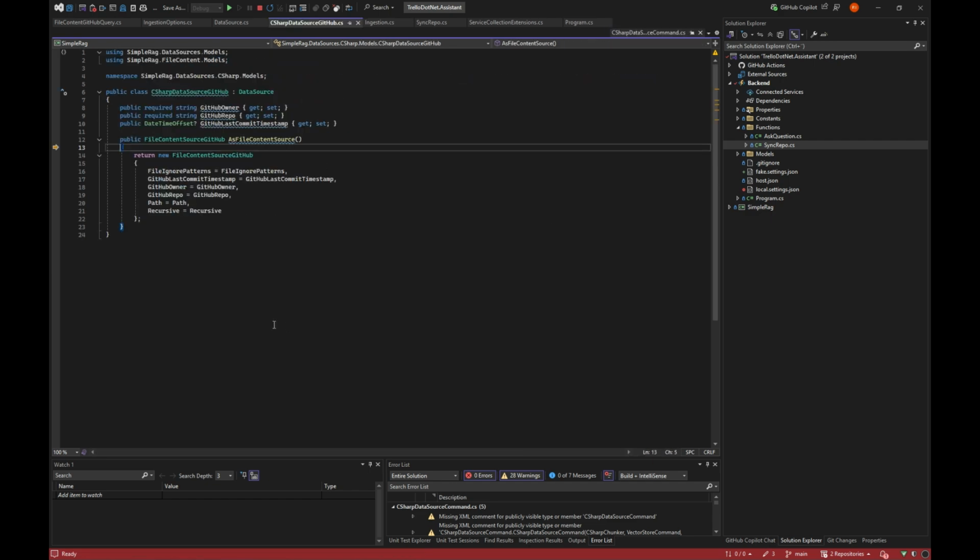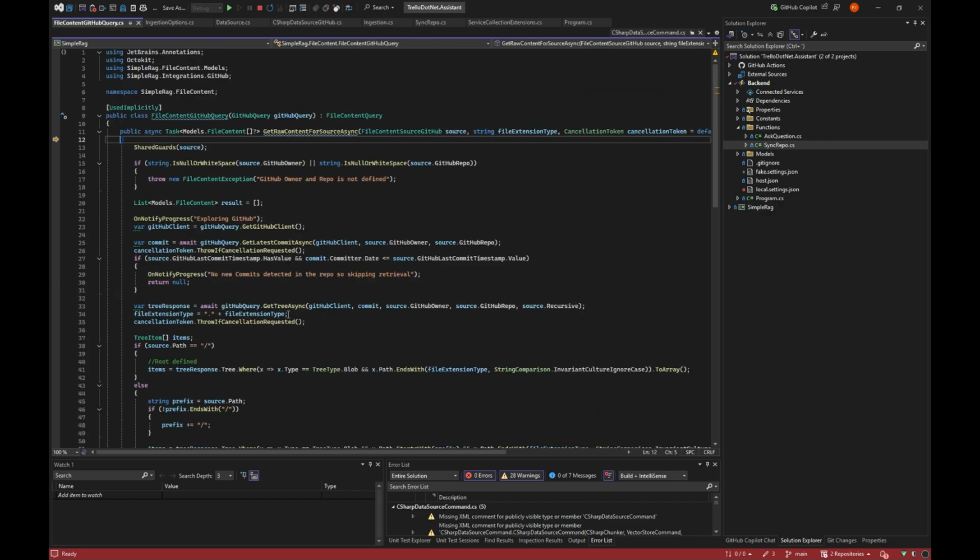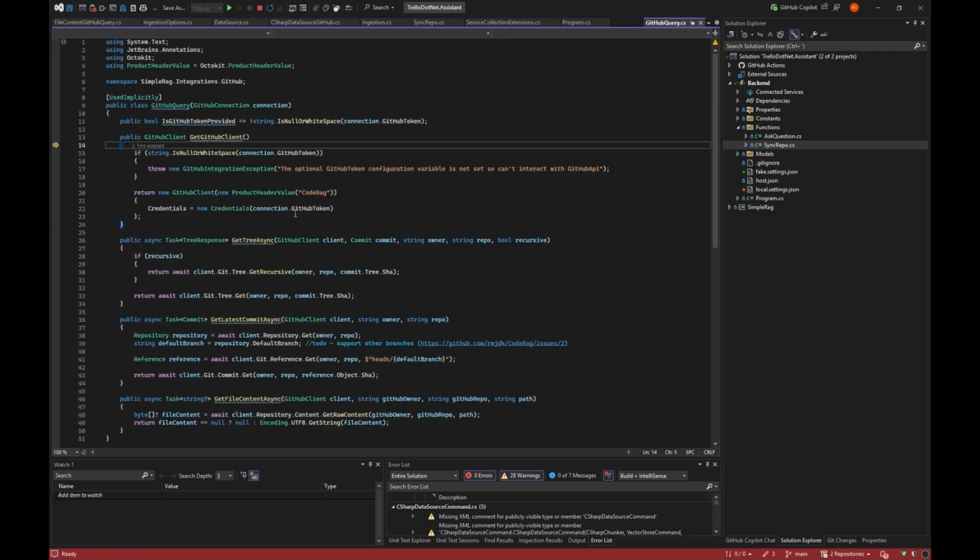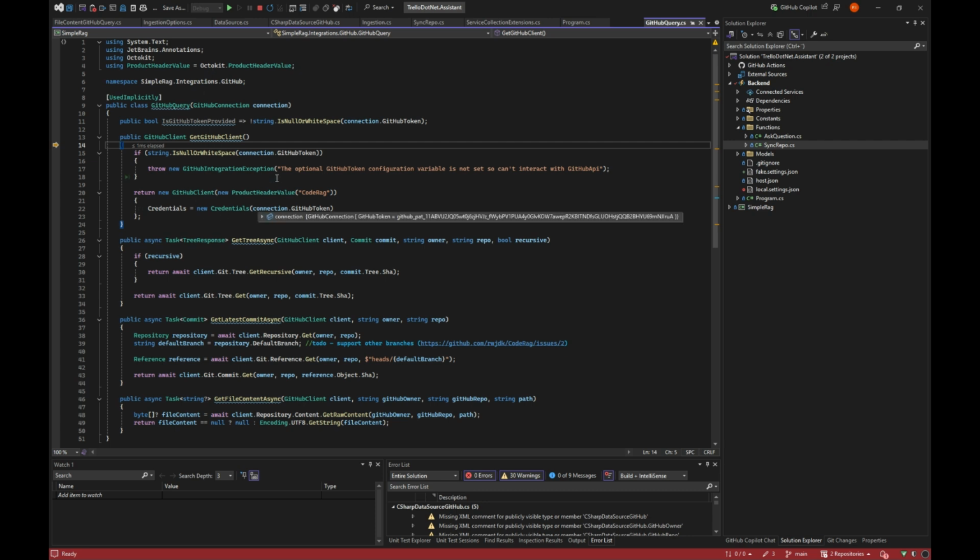And if we go into this, we will then see that we will begin to use GitHub in order to get this data. So we first check if we have provided the repos, and then we create a GitHub client. So right now we are in what is called Octokit, which is just a NuGet package for C# to work with GitHub.